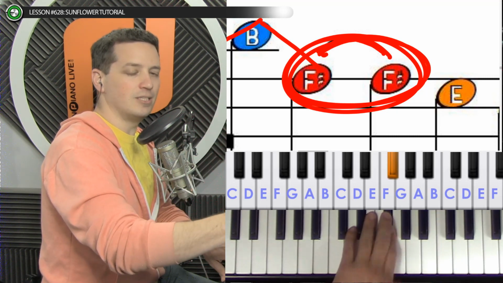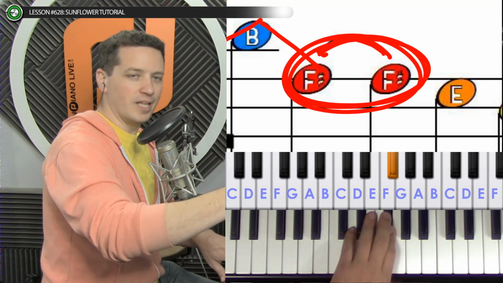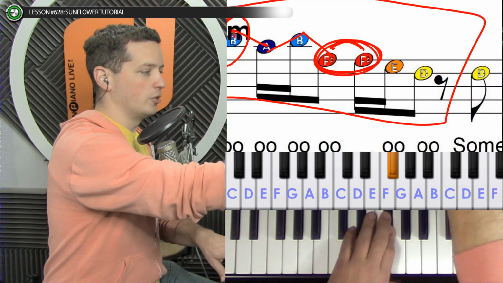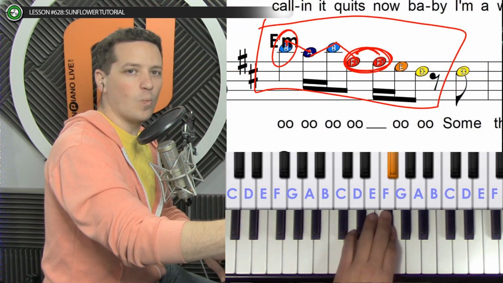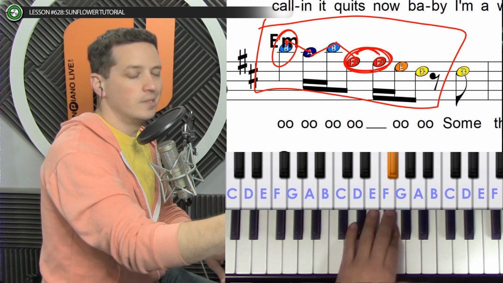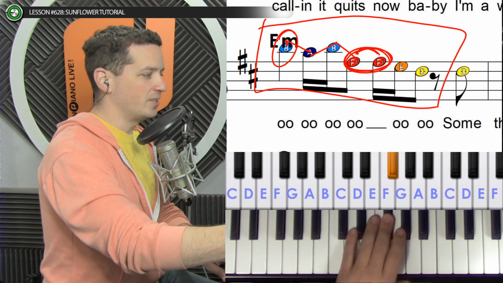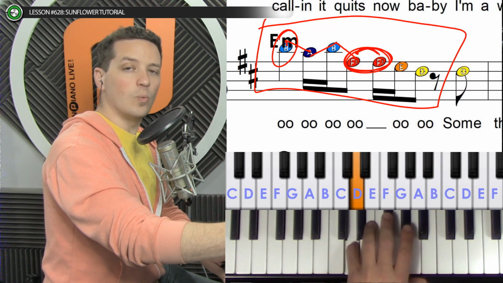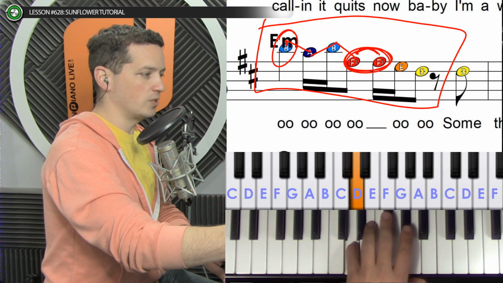I know it seems stupid at the moment, but later on it will really pay off to have ties. They're actually really handy, but they look stupid when you first learn about them. Why don't you just write 1 F sharp if you only want 1 F sharp? I understand. But we've got B, A, B, F sharp, E, D. So only 1 F sharp getting played there because those 2 are tied together.